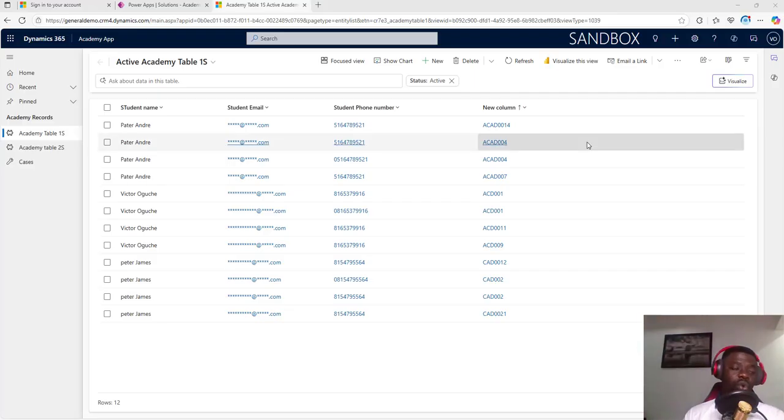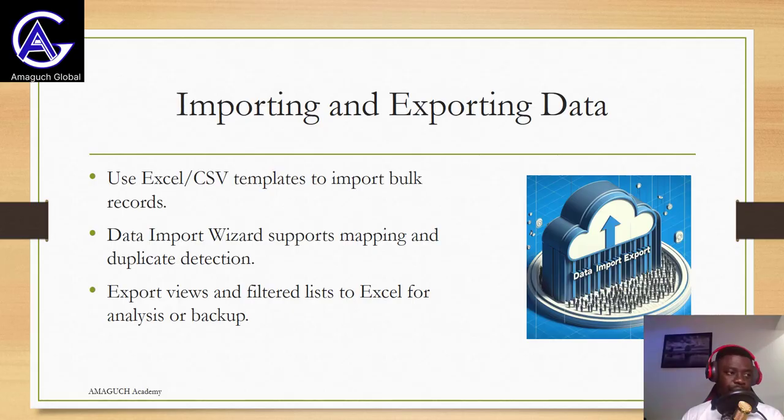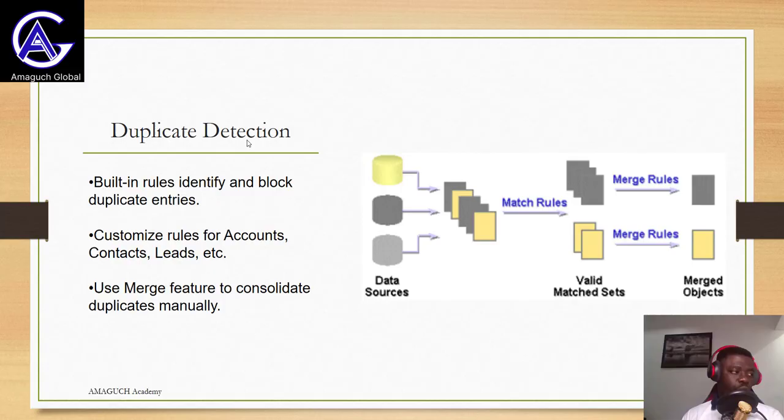Okay, so that's basically how the whole importing and exporting journey can be very, very robust, just as we've just seen, right? And you could do a lot of fun stuff with it. So now let's proceed to the next we have. The next we have is duplicate detection. Just like we saw in the previous session, where you could use primary key to ensure that data that enter are unique and there's no duplicate,